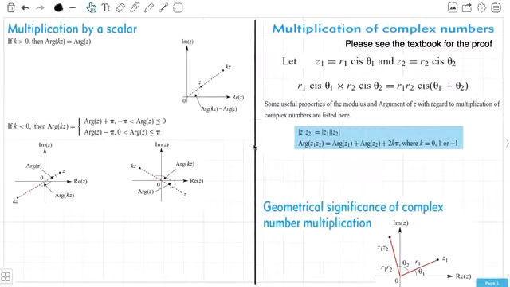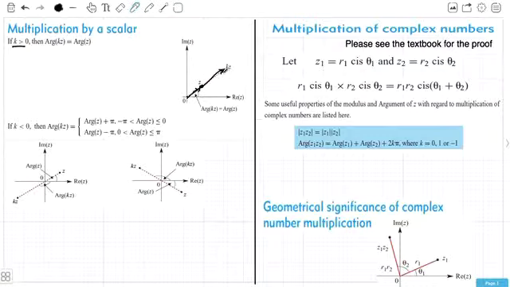So we're looking now at multiplying and dividing complex numbers. The first example here, you can see we've got multiplication by a scalar, and this is out of your textbook. I've just put this here so you can see that if you're multiplying by a scalar, I showed you in an earlier video that you're effectively stretching where that complex number is. So multiplying by a scalar that's bigger than 0, you stretch that complex number from being this long to being